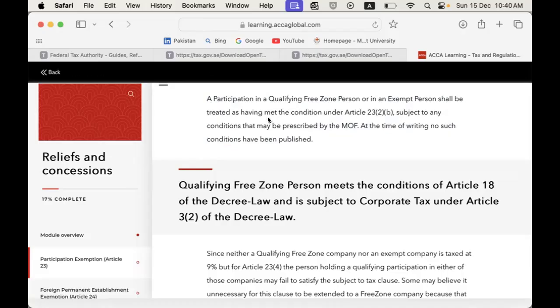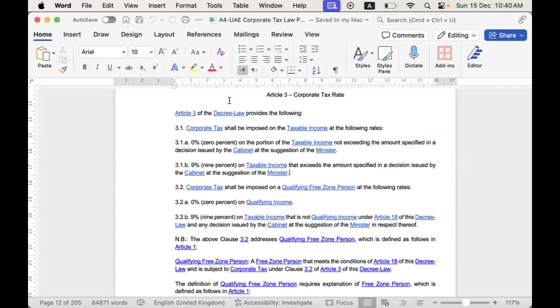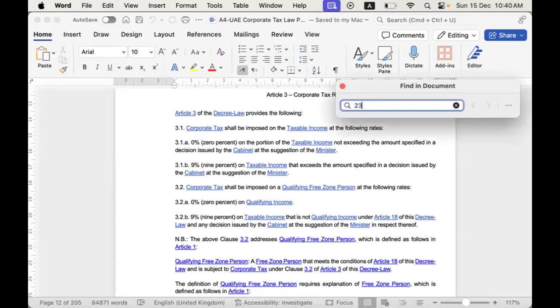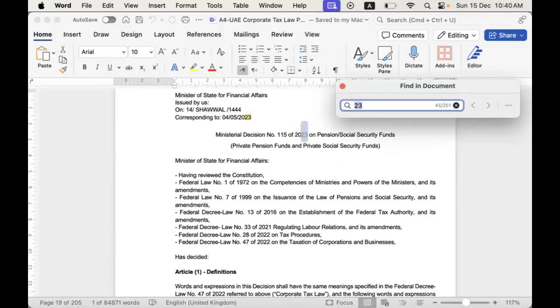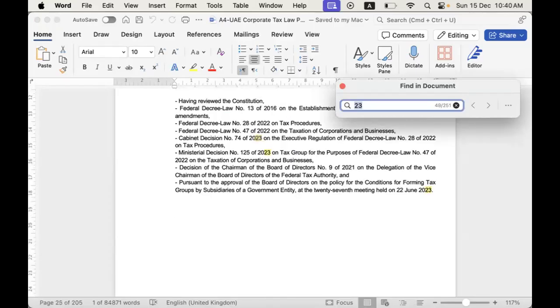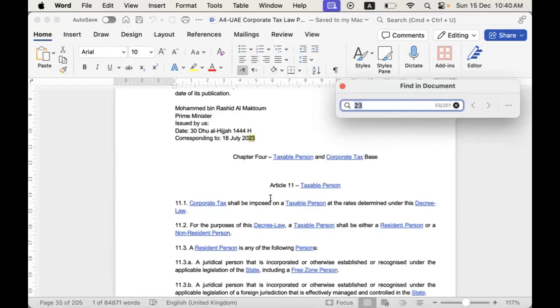Look, I will repeat it. Please understand that participation is a legal person. Participation is a legal person which is not in UAE, which is outside UAE. So I'm repeating this point. What we are studying today is Article 23. Since you guys have joined late, I'm going to repeat this quickly because this is a very important point and it will come into questions or real life scenarios.